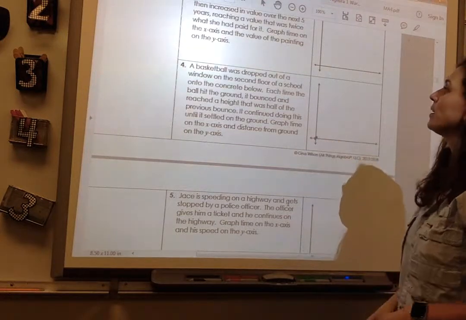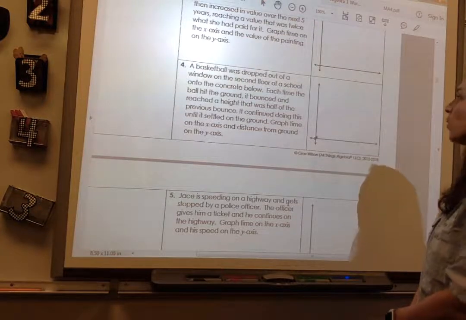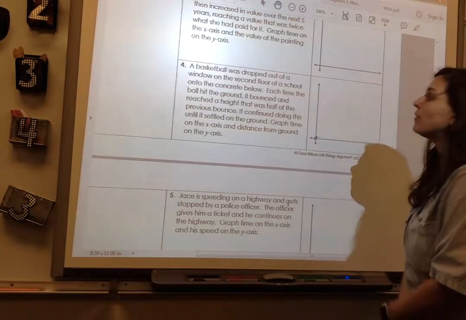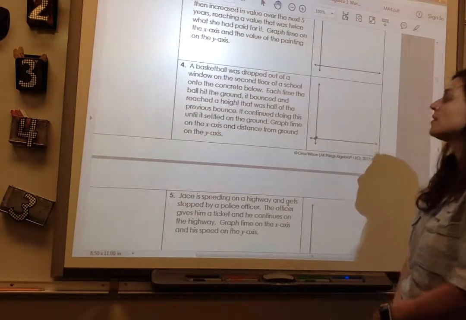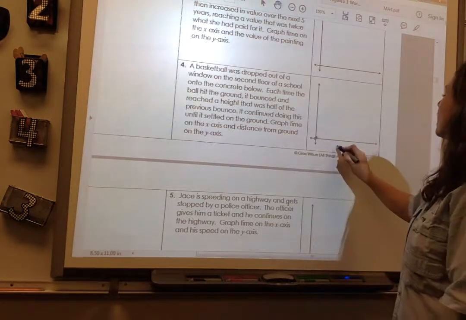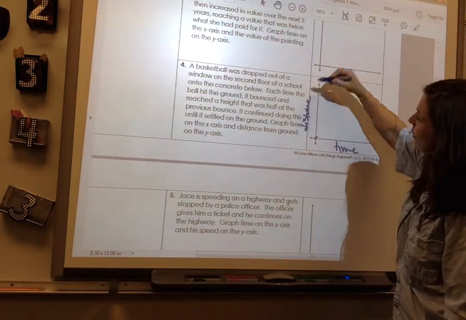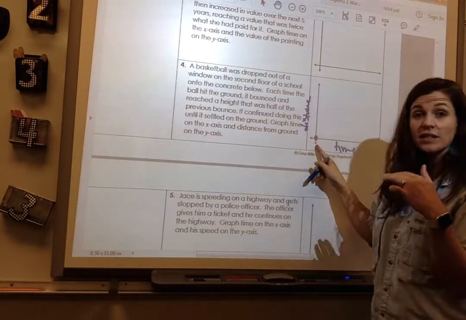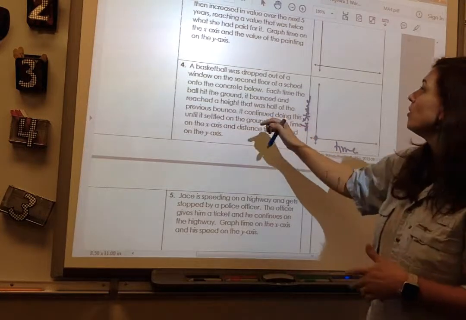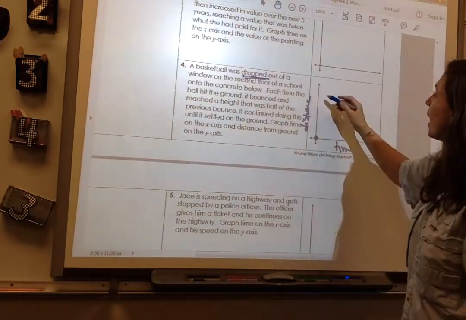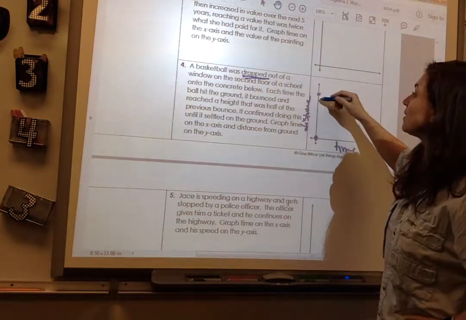Again, here's my 0 point, and it says a basketball was dropped out of a window on the second floor of a school onto the concrete below. Each time the ball hit the ground, it bounced and reached a height that was half of the previous bounce. It continued doing this until it settled on the ground. Graph time on the x-axis and distance from the ground on the y. So here's distance. This is 0 distance. But did it start at 0? No, because it was dropped out of his second floor window. So here is going to be my starting point, and then it's going to drop,